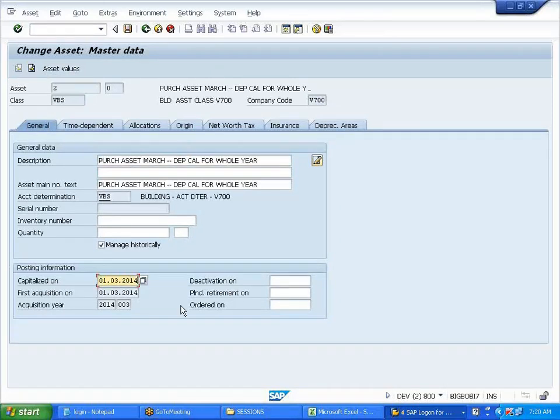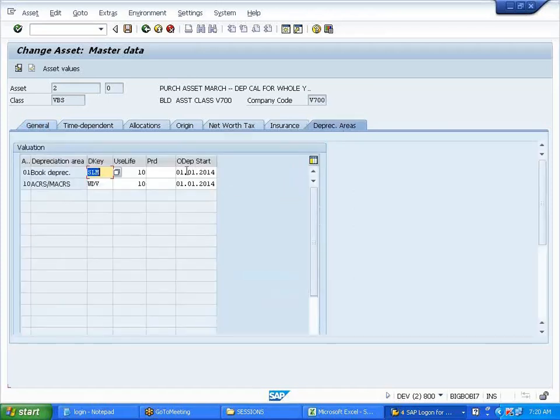So my depreciation should calculate from when, Sapna? From March? It's for the whole year, right? So January, 0101. Yeah, from January. So see here, my depreciation area should show 0101.